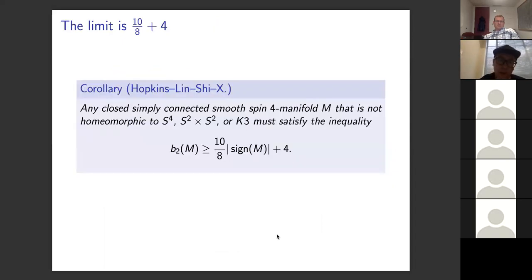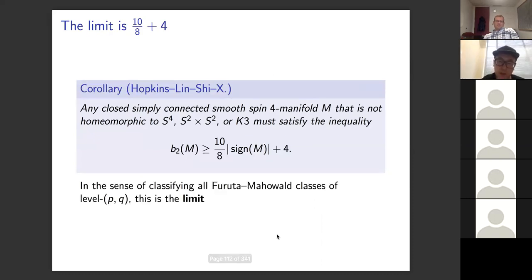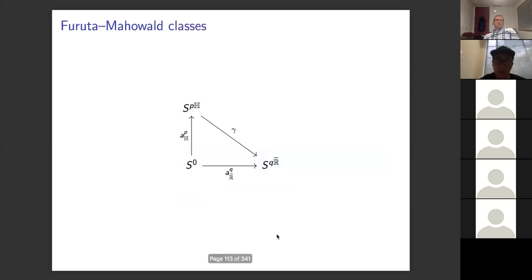And the geometric corollary we have is a 10/8 plus 4 theorem that I mentioned earlier. It satisfies this inequality. And in the sense of classifying all Furuta-Hopkins classes, because we know exactly when a level PQ exists and when it does not exist, this is really the limit towards the 11/8 conjecture for now. Okay, so